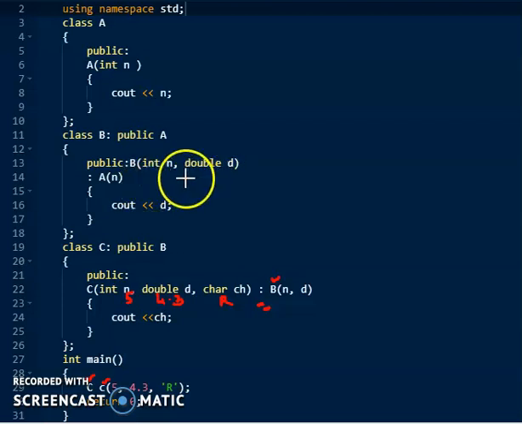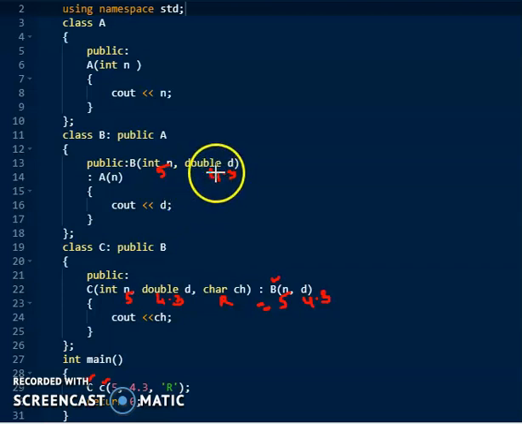Then what do we have in the constructor of class B? Here we take two arguments, and here we are passing two arguments. What are those arguments? I am passing 5 and 4.3 to the constructor of class B. Immediately your compiler comes here, it takes the value of n as 5 and the value of d as 4.3.